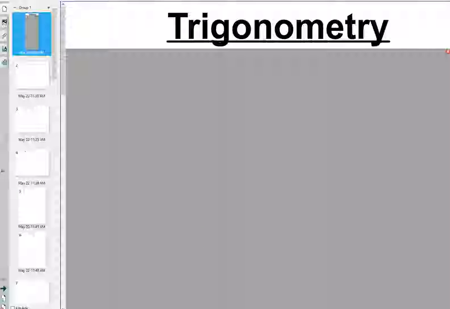Special right triangles, which we just covered, is a branch of trigonometry. What I mean by that is when you're looking for a side, just like with special right triangles, you're going to be given one side and one angle. That's what they're going to start you off with. The difference being that with special right triangles, that one angle that you were given to start with was either